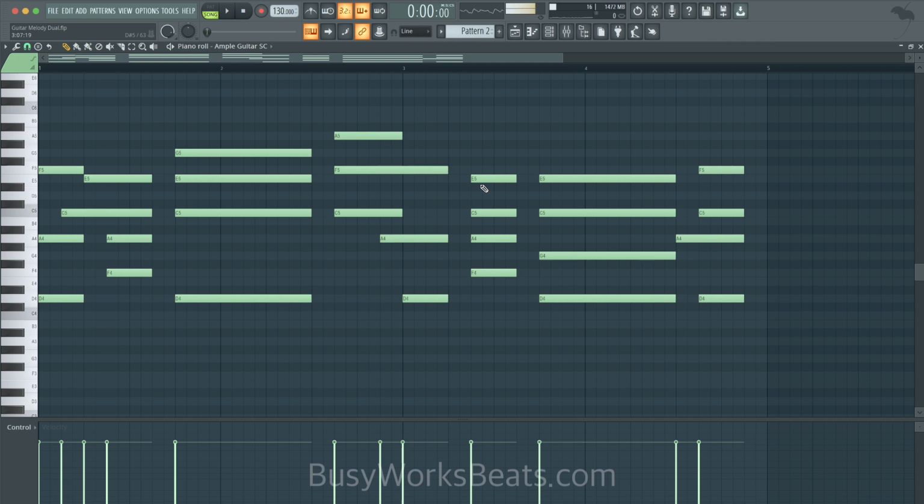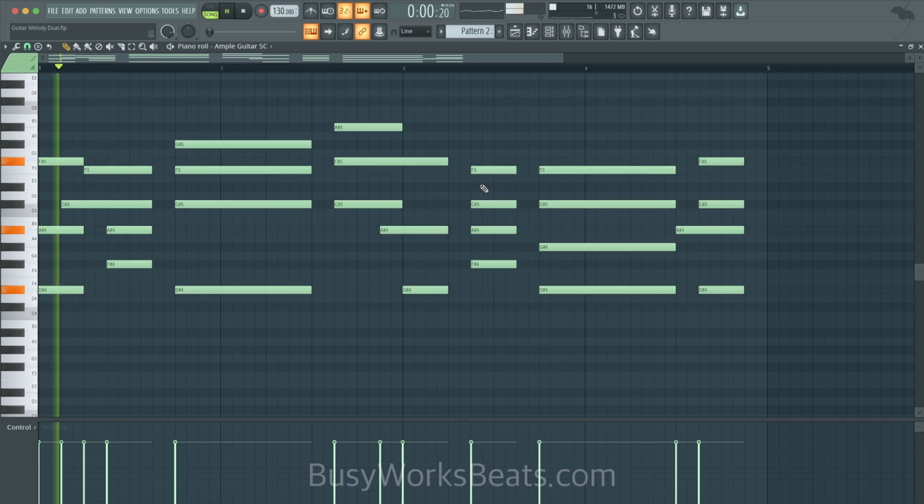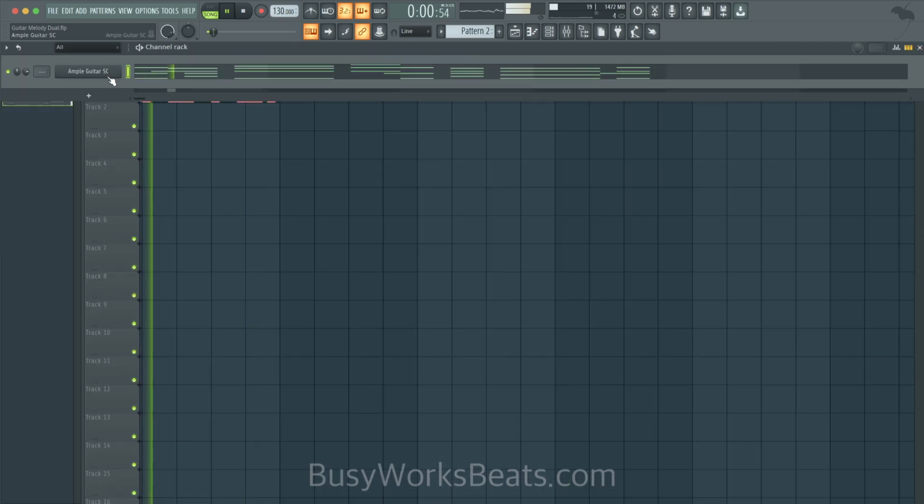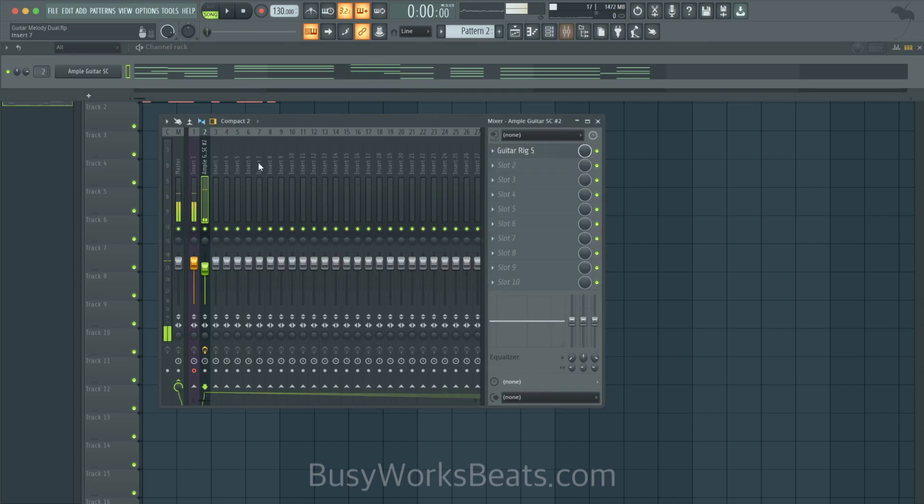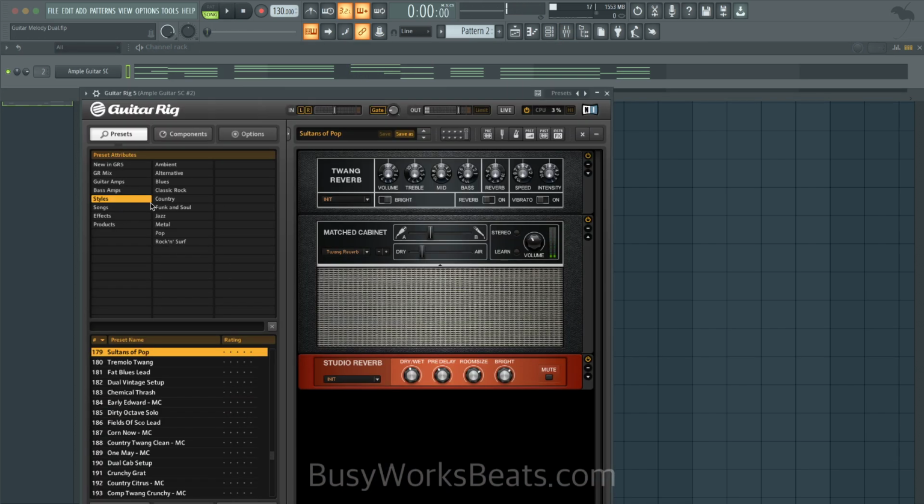Okay, so now we're going to hit Shift up to transpose the key. Okay, so now it's just a matter of which guitar effects you want on your guitar. There's a gazillion effects. I forgot I even had Guitar Rig on. So let's go to styles.